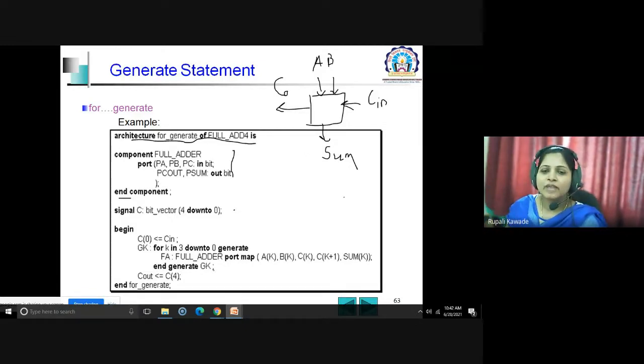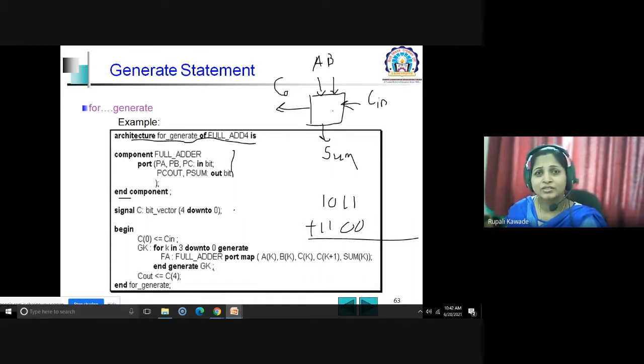But suppose I want to perform the addition of these two numbers, 1011 and 1100. Can we perform this using this single full adder? No, because here 4 bits are there. Using this full adder, this is your A bit, this is your B bit, and if your carry in is there, then you can add that.